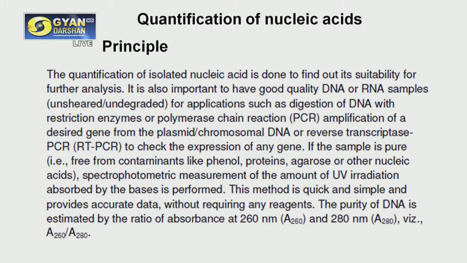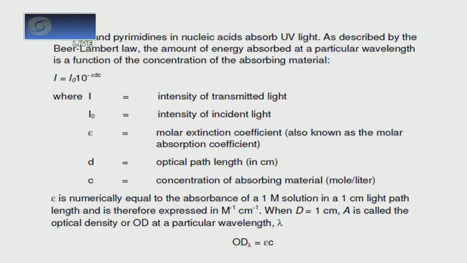You have to measure the absorbance of the sample in a machine called spectrophotometer at 260 nanometer and 280 nanometer. And you have to find out the ratio, that is A260 by A280. This ratio will give you an idea regarding the purity of your DNA. Now I am coming to what should be an ideal ratio. So what you have to do here, and this entire